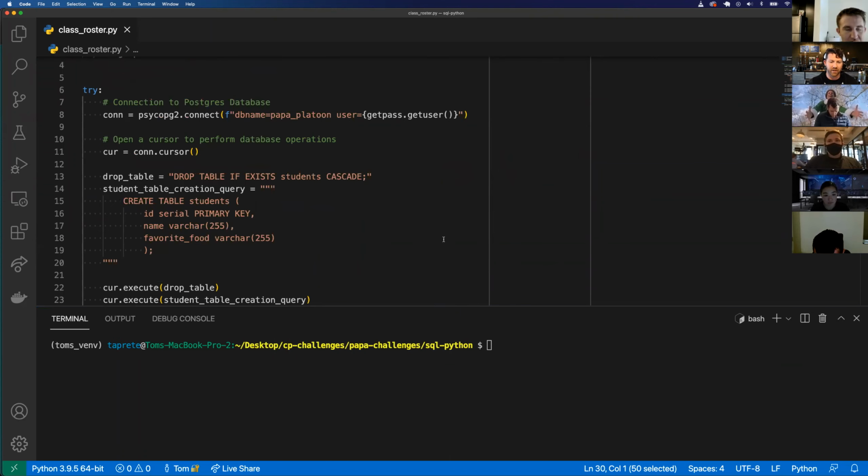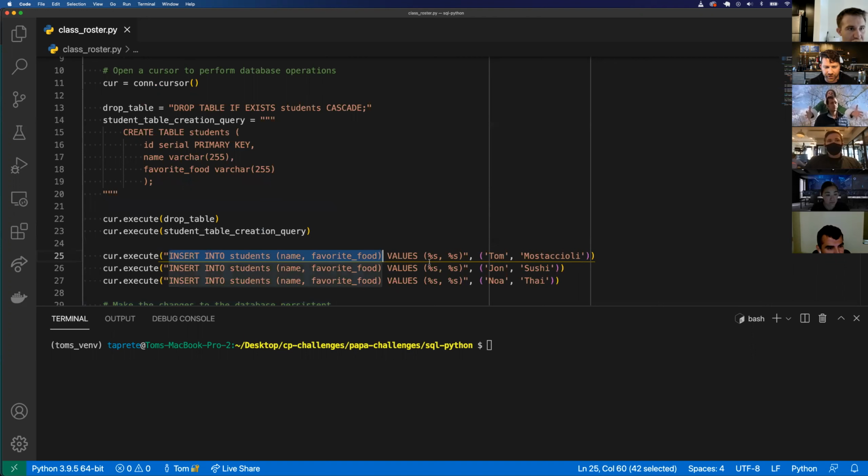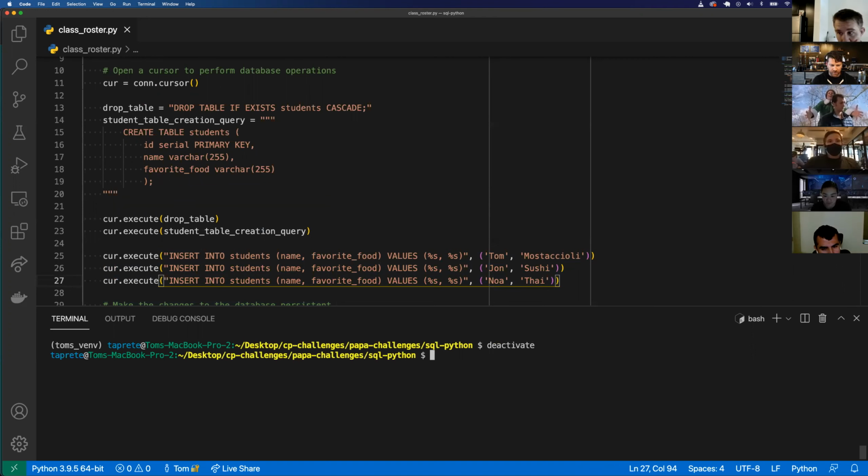So that's all. This is all great, but you're still writing raw SQL, so we're still doing a lot of the tedious work of writing SQL queries, which is the most monotonous work there is. But with that, I'm going to deactivate this virtual environment, and I'm going to CD up one level. And so let's say